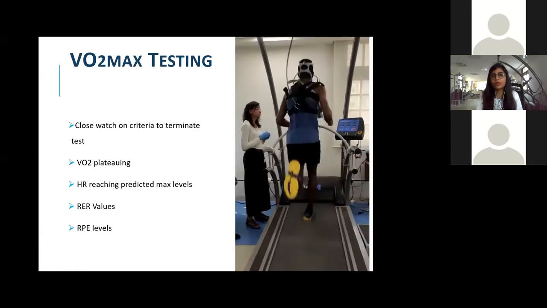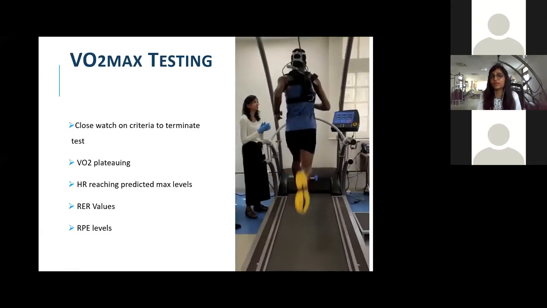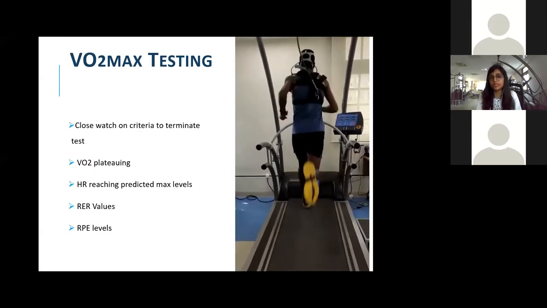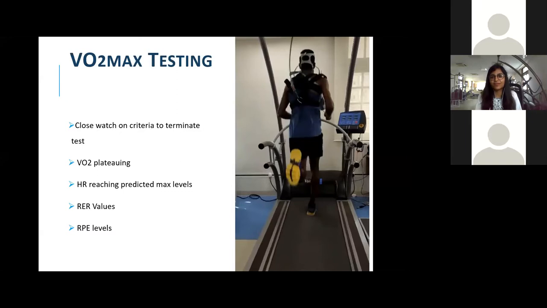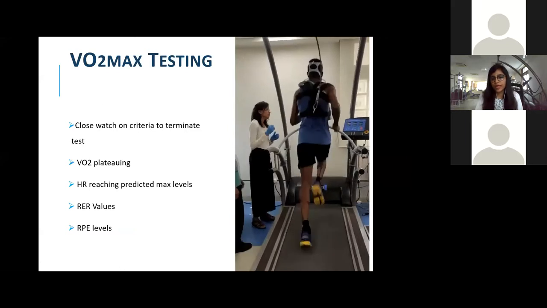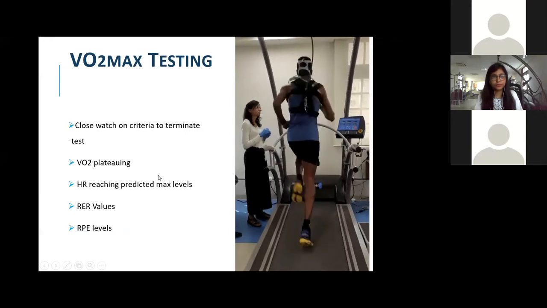So you could see how important it is to have the harness on him, because they are running at a very high speed, and this treadmill can go up to a speed of 20, 30 kilometers. Of course, in the test it won't go that high, but they would be going at speeds of 16 kilometers per hour also in the running test. So for him, we use the running protocol. If you want to see the video again, he is on the flat treadmill, running at very high speed. At this time, it is important to keep an eye on all these values which I mentioned, to know that they are about to reach exertion.